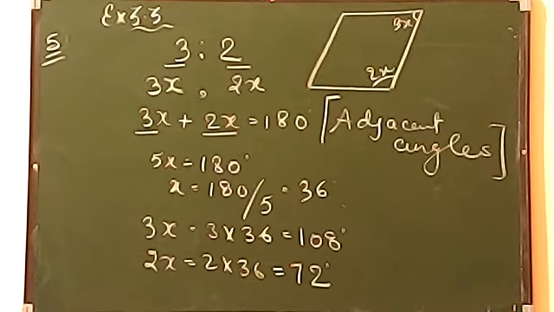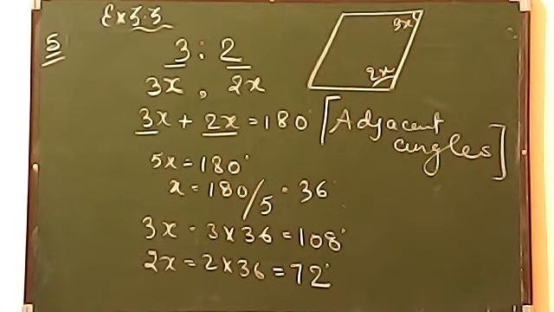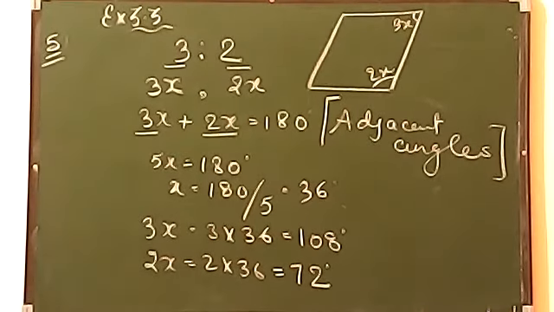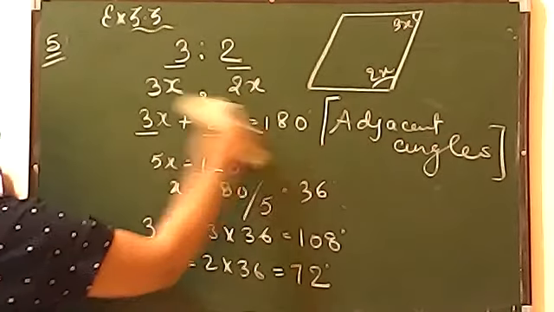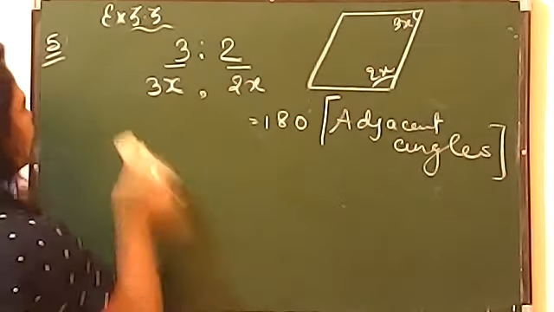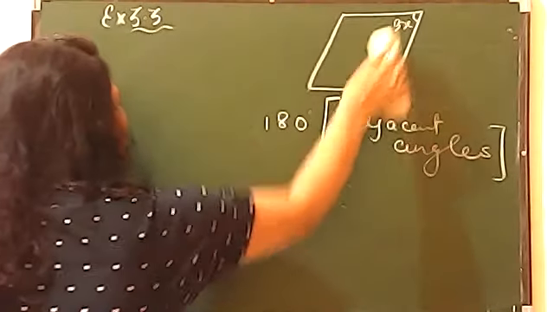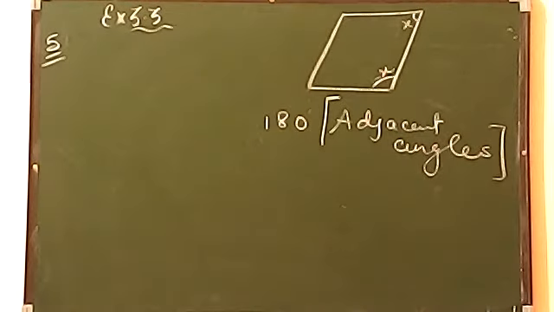In the next question, number 6: two adjacent angles of a parallelogram have equal measures. Find the angles of the parallelogram. Now beta, it is again the same thing. यहाँ पर 3x 2x था, इसमें बोल रहा है कि दोनों के दोनों इक्वल हैं. So हमको इतना सारा कुछ करना ही नहीं पड़ेगा. What will we do? It is telling both the angles are equal. So अगर equal है तो दोनों मतलब x हो जाएंगे.